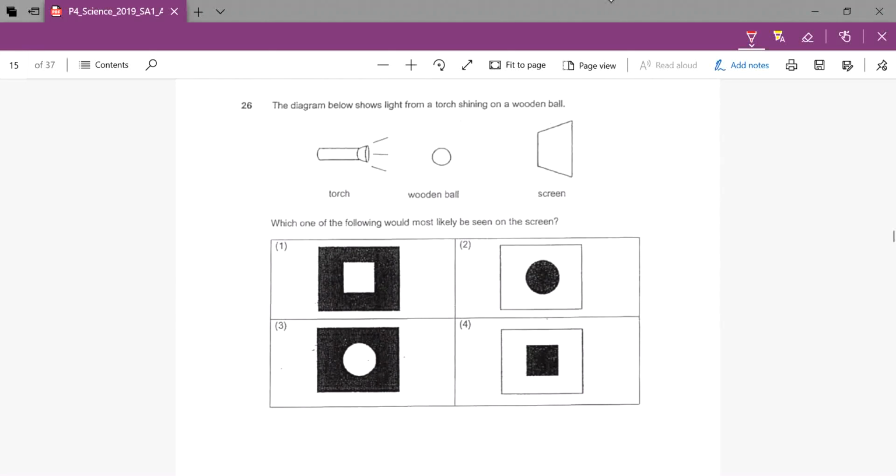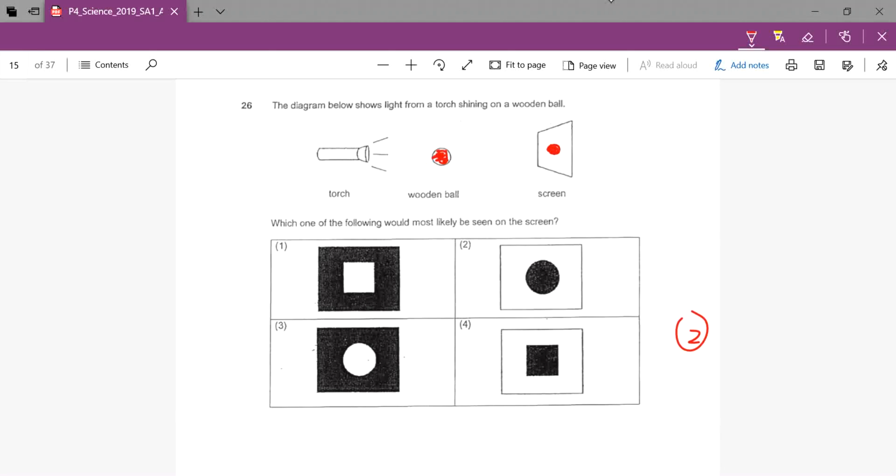The diagram below shows light from a torch shining on a wooden ball. Which one of the following would most likely be seen on the screen? The answer is definitely 2. Okay. It cannot be 1 because 1 is basically saying,